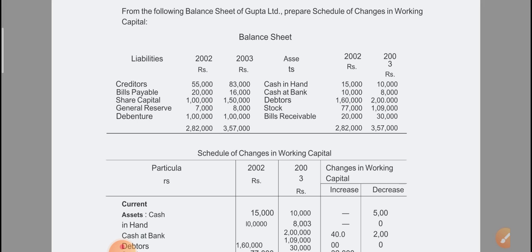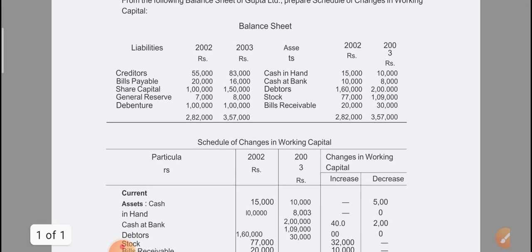assets 2002 and 2003 for 2 years. Creditors 55,000 and 83,000 for 2003, bills payable 20,000 for 2002, 16,000 for 2003, share capital 1 lakh for 2002, 1 lakh 50,000 for 2003, general reserve 7,000 for 2002, 8,000 for 2003, debentures 1 lakh 2002 and 1 lakh for 2003, and assets cash in hand 15,000 for 2002, 10,000 for 2003, cash at bank 10,000 for 2002, 8,000 for 2003, debtors 1,60,000 for 2002, 2 lakh for 2003,